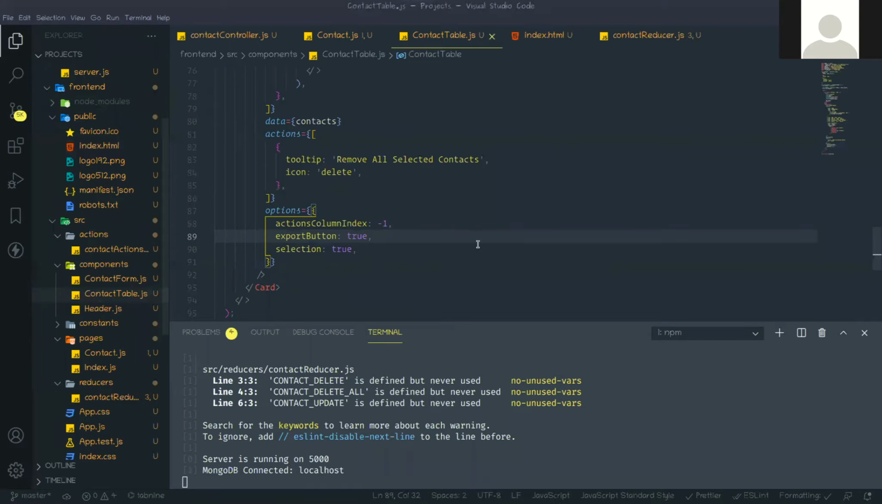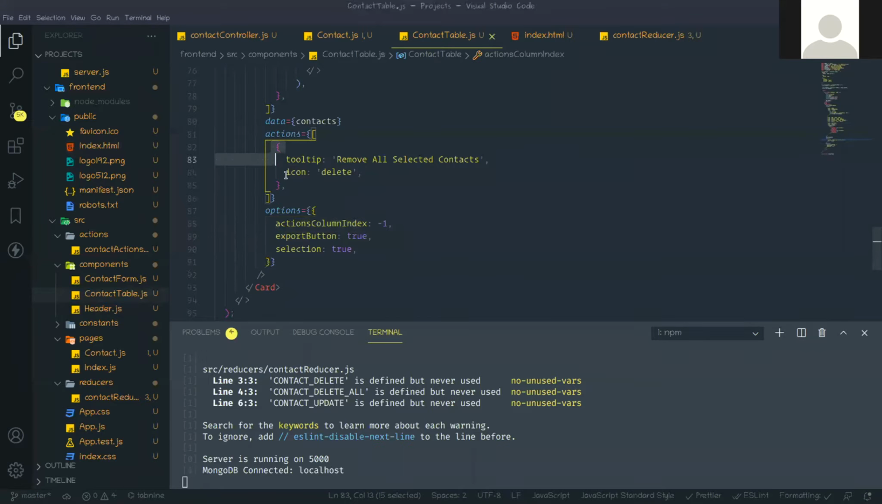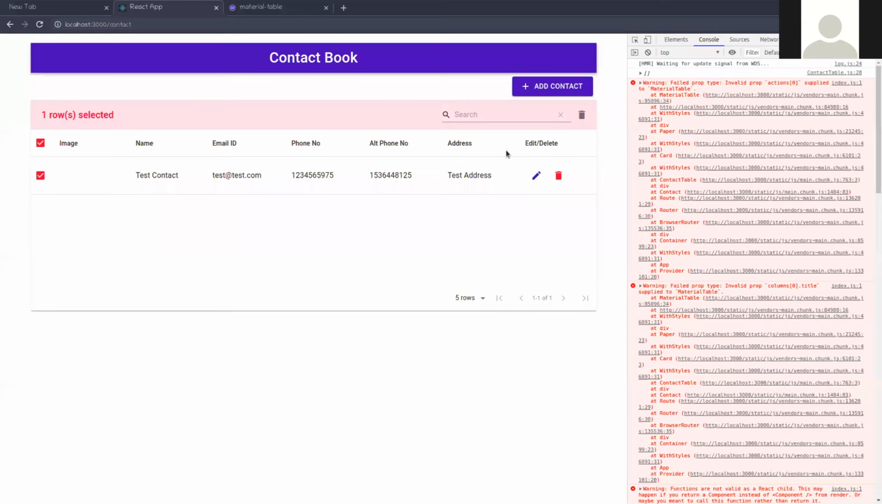Yeah, now it is working perfectly. So this action column index should be -1. Export button means this button. Then selection means you can select multiple, and this actions means this one, it will give one button, that button means this one. Okay,